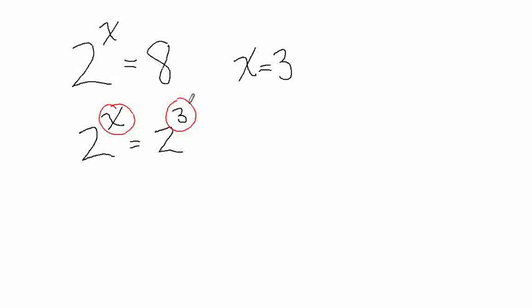Now, you may have to sometimes do some manipulations in order to get the same base on both sides. All right. So let me do a few more examples to make that clear. Suppose that we had something like the following. Suppose we had 3^x